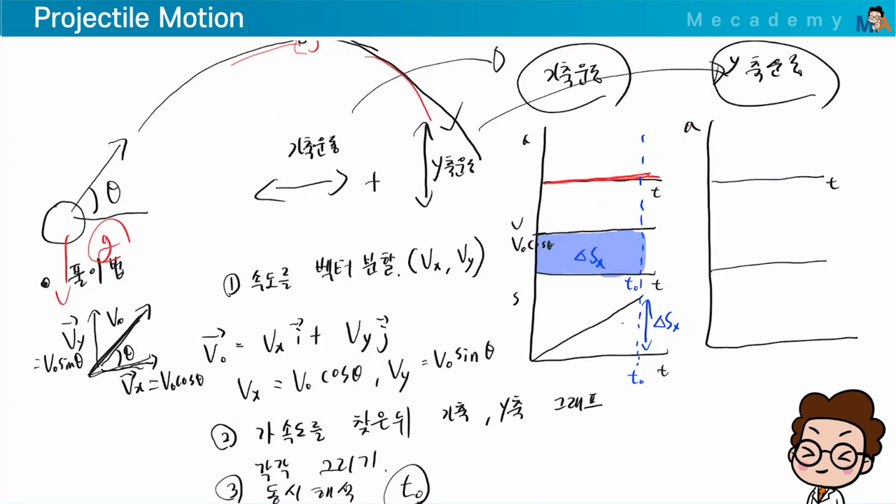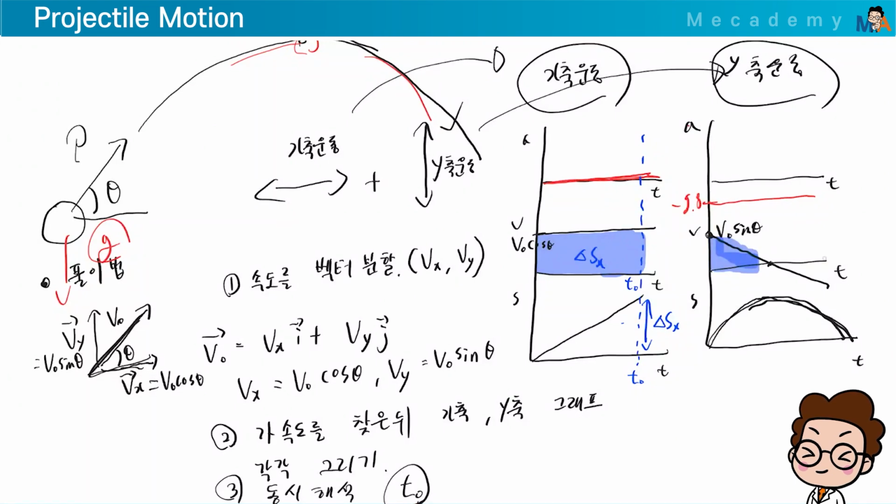Then how do you draw the a-t graph for the y-axis? You draw it as negative 9.8 like this. Okay, then how does the v-t graph look? Since this is a negative linear function, the initial velocity was upward. It would just be like this from the initial velocity, right? It was the initial velocity intercept, v0 sine theta. The intercept is vy, right? So this is it. Then how about the third one, s-t? It's concave down. Since it's negative, it's concave down. The slope is 0 right when the velocity is 0 at the peak. Then it goes down. It looks like a projectile motion like this.